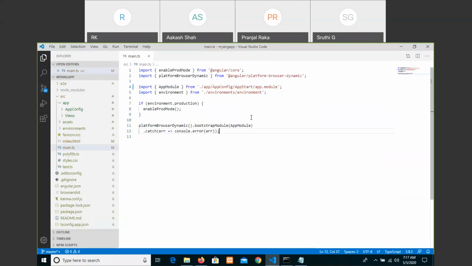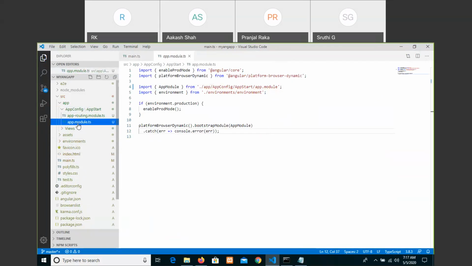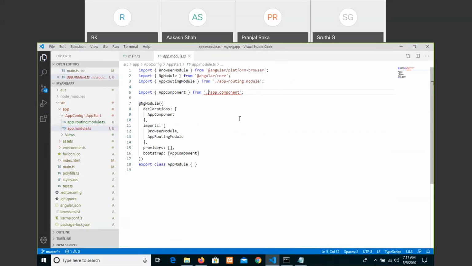When you enter into this, from two dots. Why? Because this app component is actually located in the views folder, home folder.